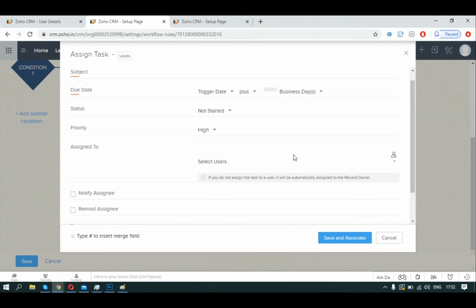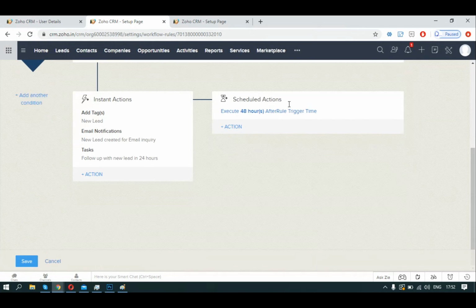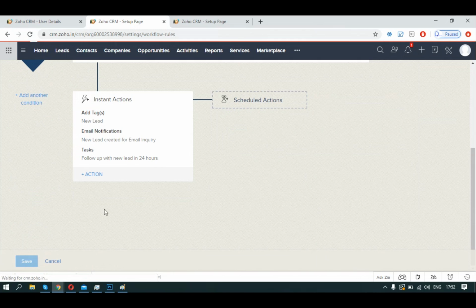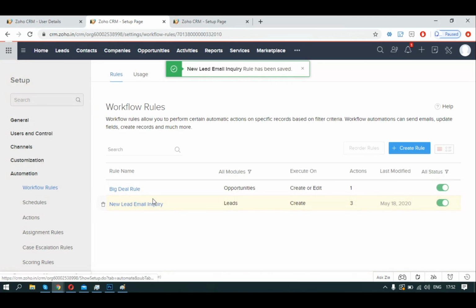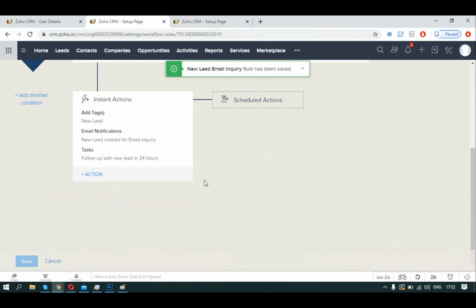However, what happens is every day I will have to keep doing this and keep doing this, right? So the scheduled action keeps increasing over here, but there has to be a limit. The CRM does not permit the scheduled action to go on forever. So what happens is the follow-up with new lead in 24 hours task is created, and then the developer creates a custom function which states